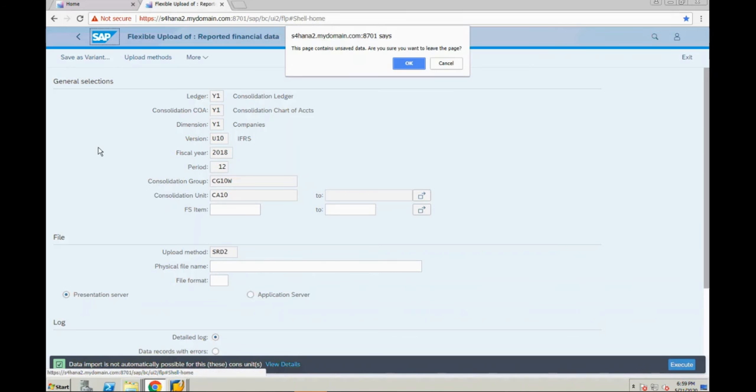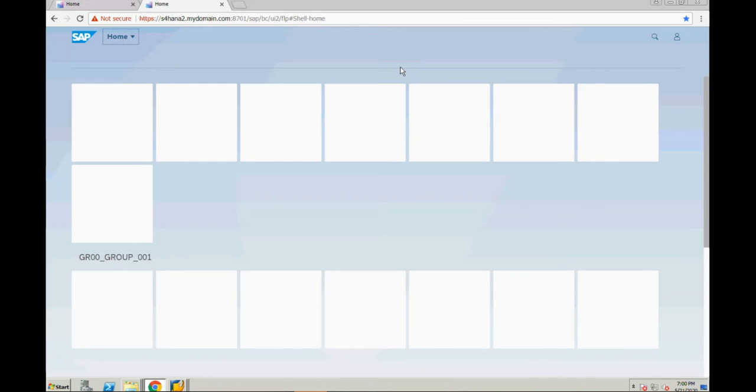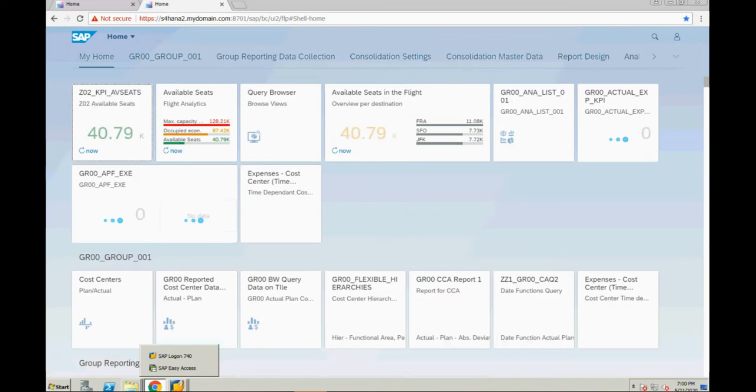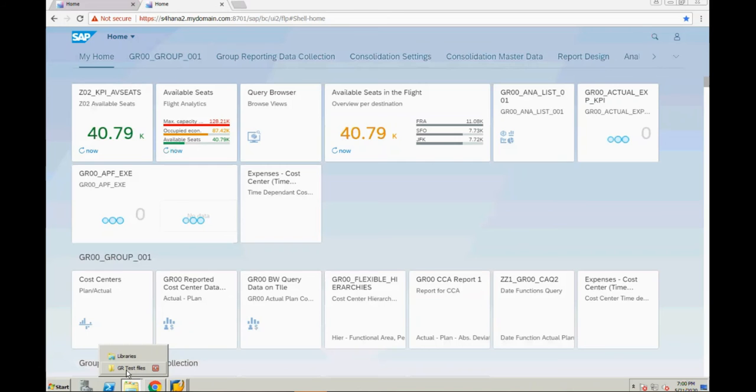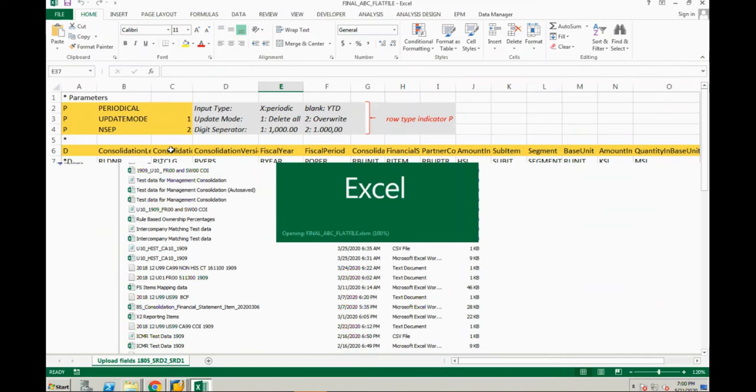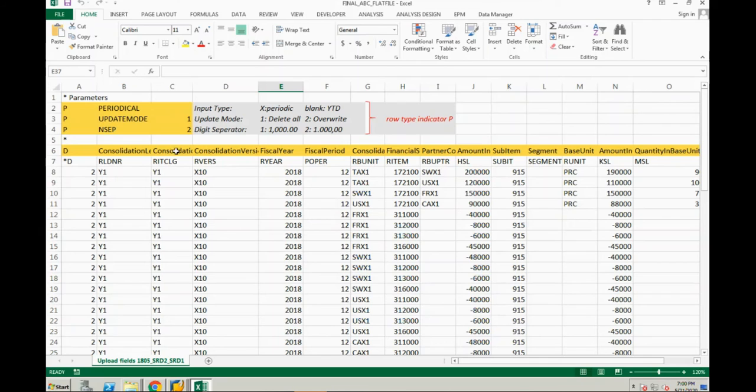Kiran, the template for the upload, is it given by SAP, or how can we have the template? The template is given by SAP, and you can remove fields in that particular template. Is there a place in SAP where we can go and download the template? Yes, there is an SAP node where you can go and download this template. We'll discuss that. I'm going to explain from where you can download. Okay, thank you.